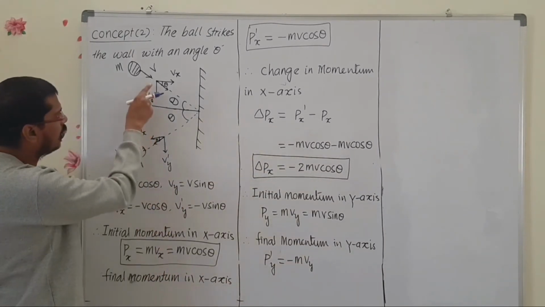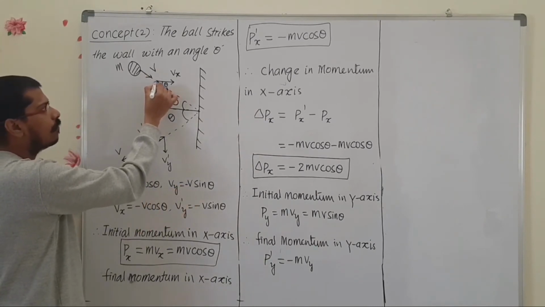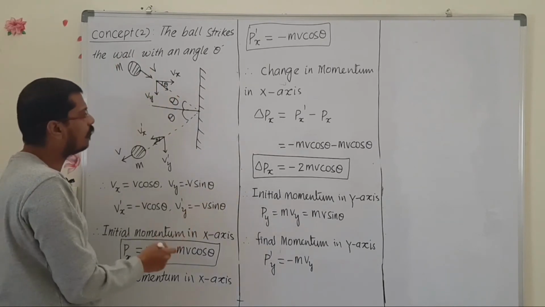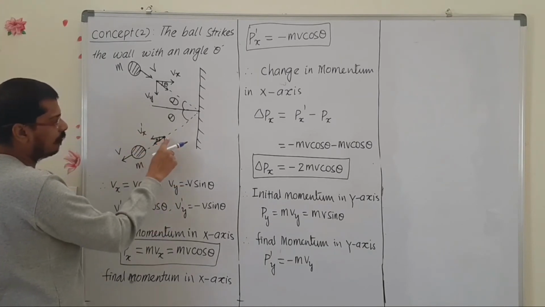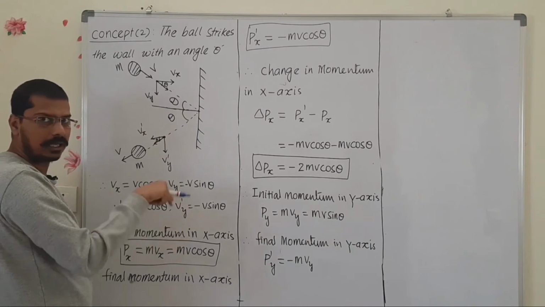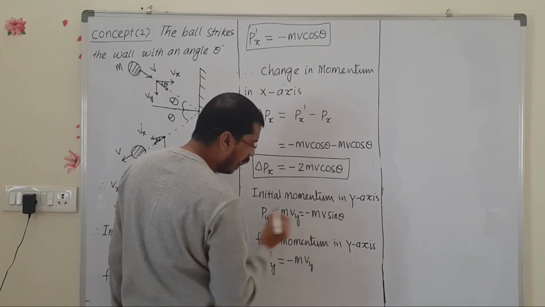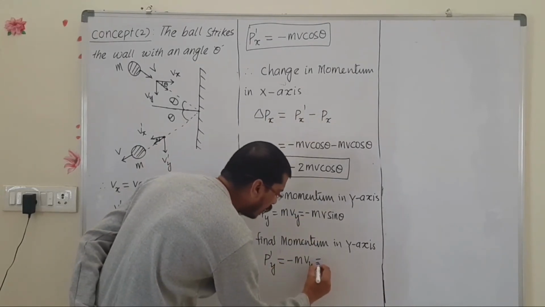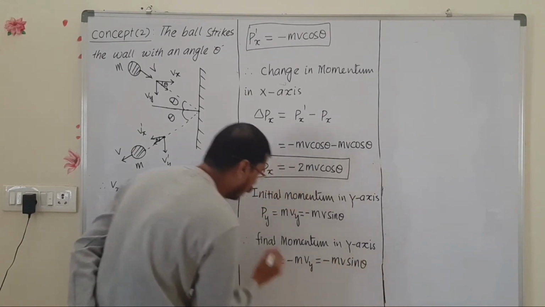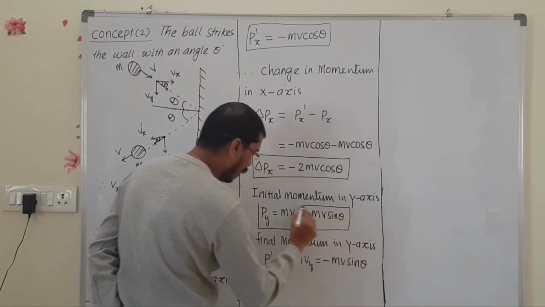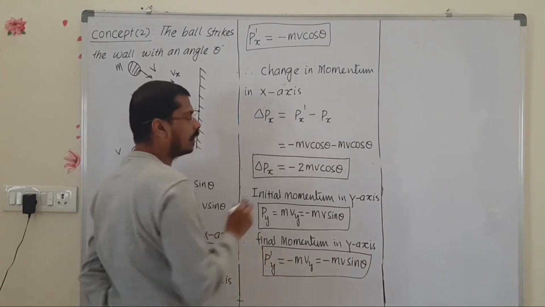Here, if you take this, we also have to take minus. Why? Because this is the origin. From the origin, downward is negative, so that value we have to take as negative. Here also, this is the origin we have to consider, and downward means we consider a negative value. Then we can write here minus mv sin theta, and here also minus mv sin theta. Now along the y-axis we got the initial momentum and the final momentum.